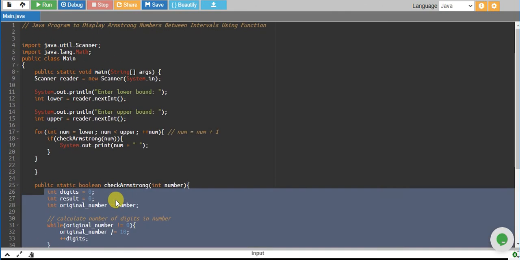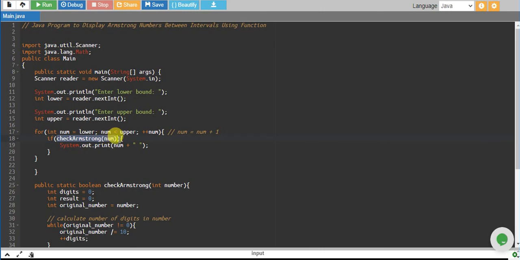If it is not, it returns false. If this comes true, then we enter into the body and print the number. If it is false, we do nothing. We move on to the next number and we go on and on, checking every number. If it's Armstrong, print, otherwise not, up to the upper number. So we are starting from the lower bound to the upper bound and checking all the numbers, and if they are Armstrong, we print, otherwise we do not.